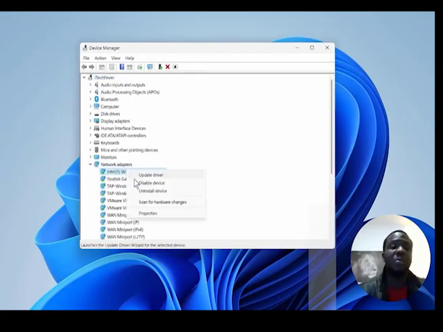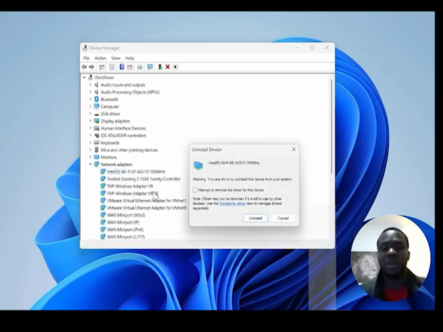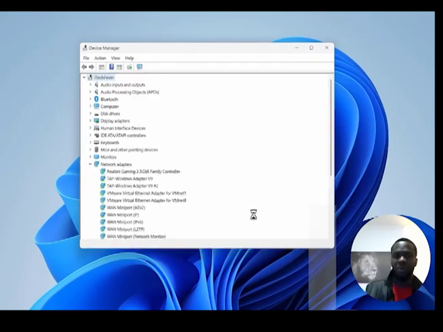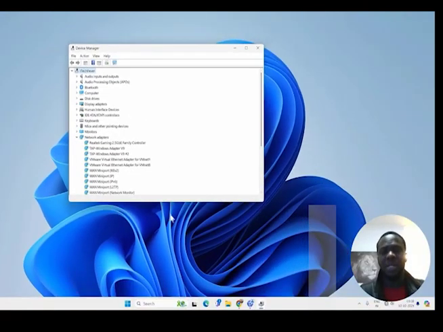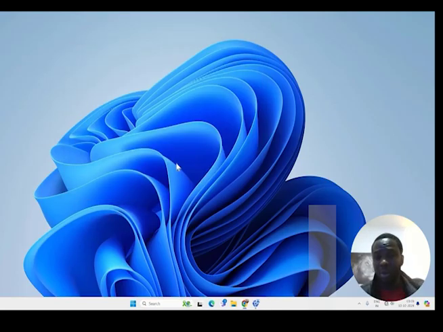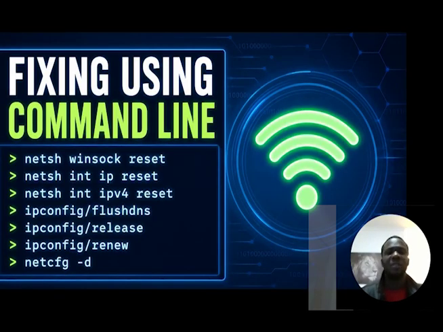At times you can just delete or uninstall it, and when you uninstall it, Windows will remove it automatically. Then you refresh, go to Actions, and scan for hardware changes. It's going to look for that driver and install a fresh driver, and most of the time this corrects the problem. But if it does not correct it,